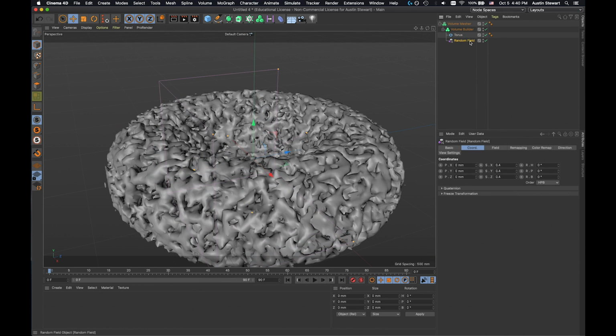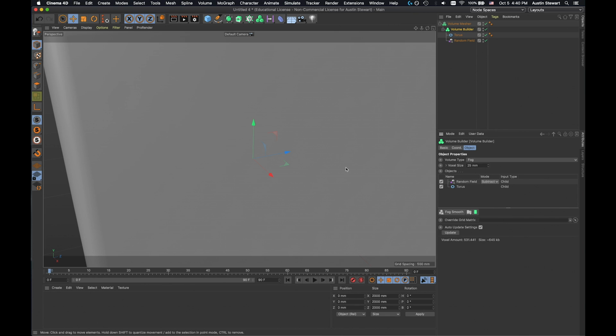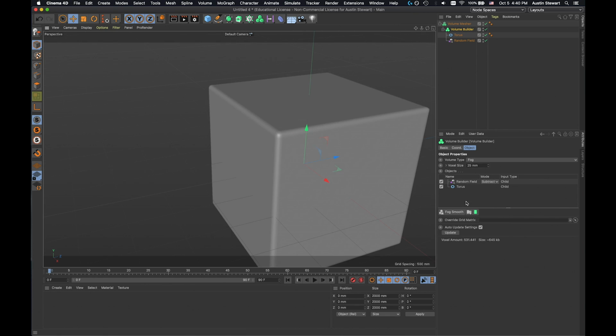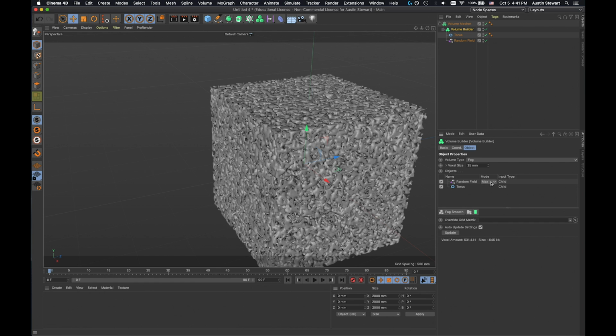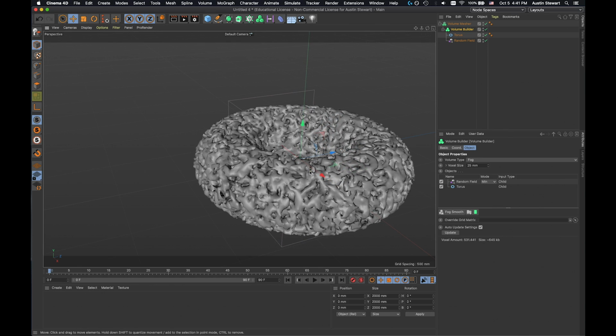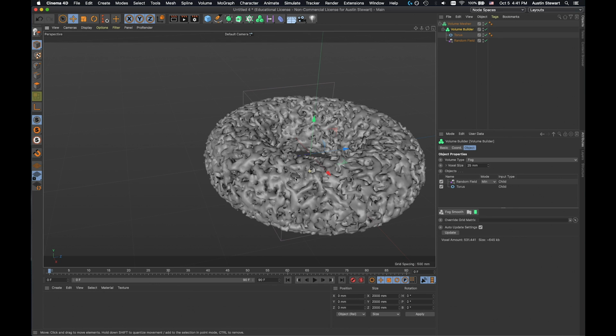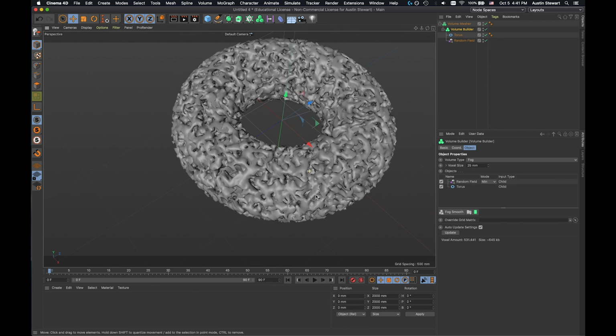And so, let's see here. Let's click on our volume builder and go to our object tab. Right, and so that's multiply. The other option is subtract, which, oops, not subtract. Sorry, subtract is not max, but min. Right, so min is another option that allows us to have this noise encapsulated inside our object,